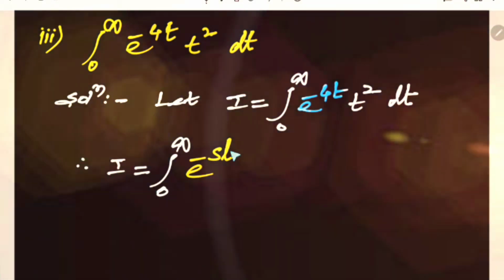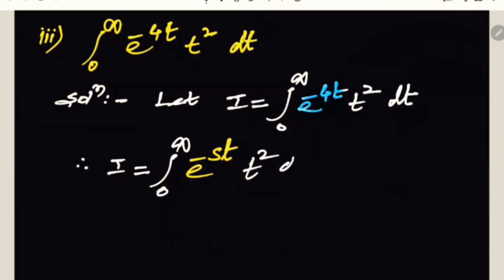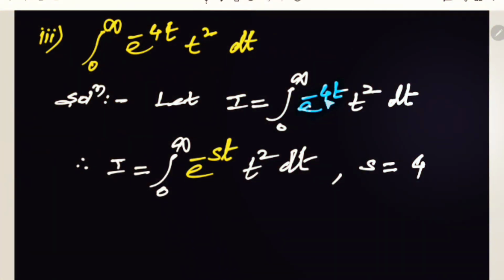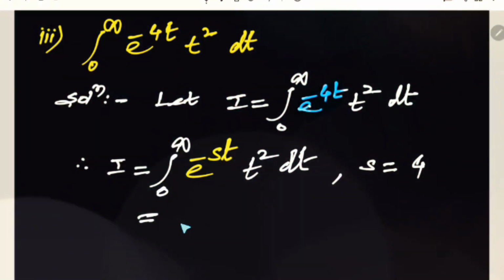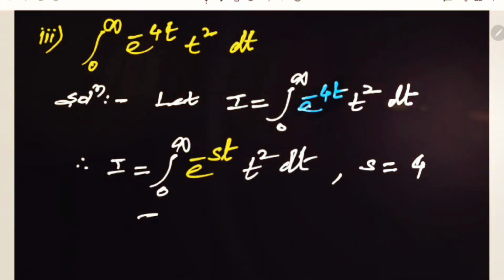Made that color as blue and then replacing it in yellow color and mention the value of s as 4. When we put it, we get the original term as e raised to minus 4t and nothing but Laplace of that function t square